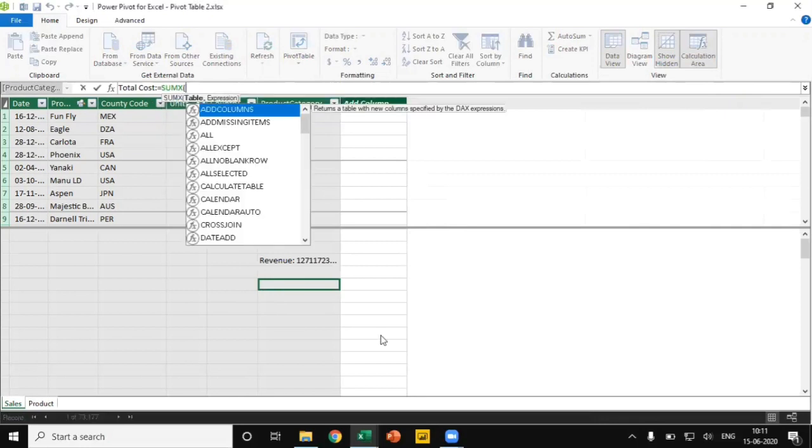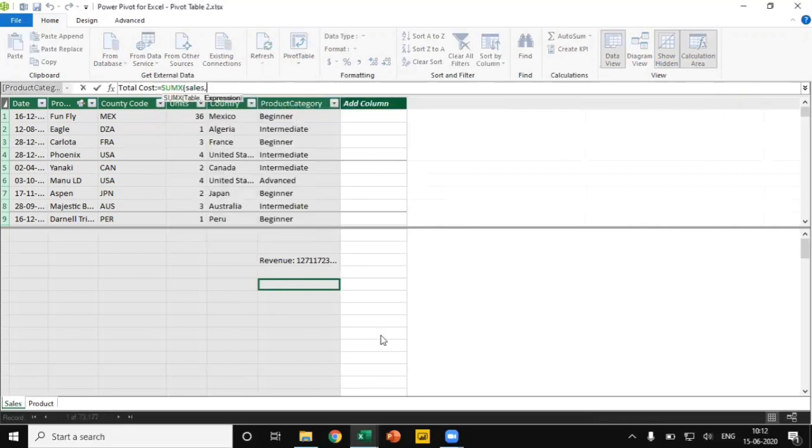SUMX, table name sales. I'll add a RELATED function and then get the standard cost, multiply units. Close the bracket, enter. Now we have added two functions.